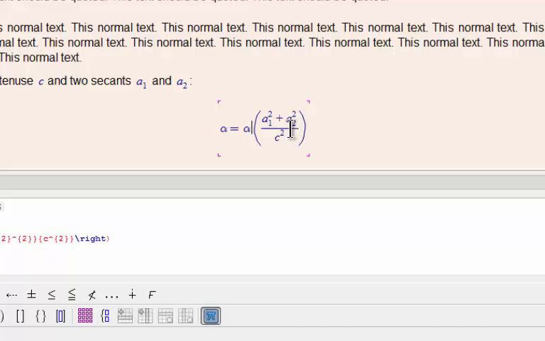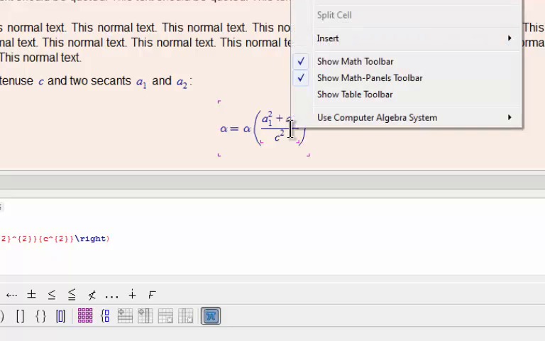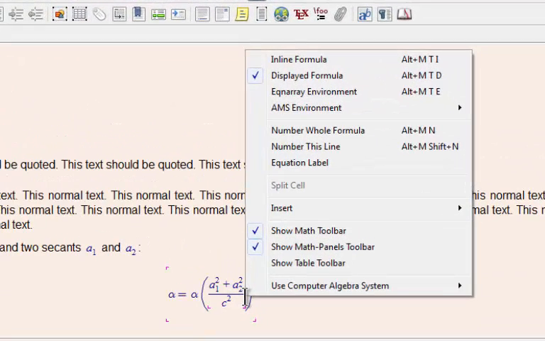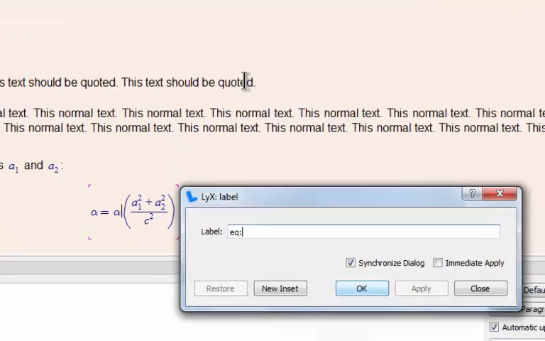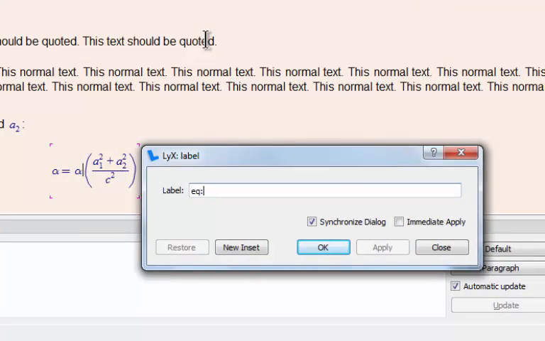Let's say I would like to have a numbered equation. What I can do here is I right-click and we get several options and we choose equation label. What happens? I have the chance to enter a label that I can use later for cross-referencing, and I leave the equation colon here and I choose my label, and in the cross-referencing section I will show you which labels to use. So I call it